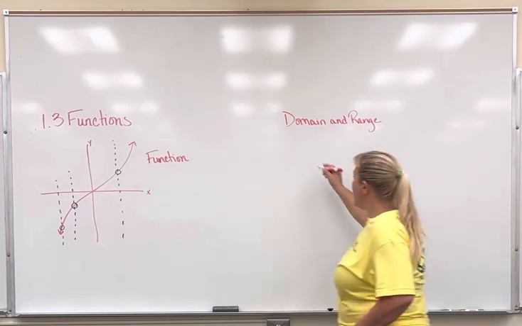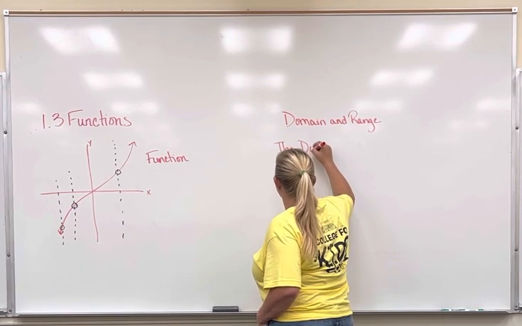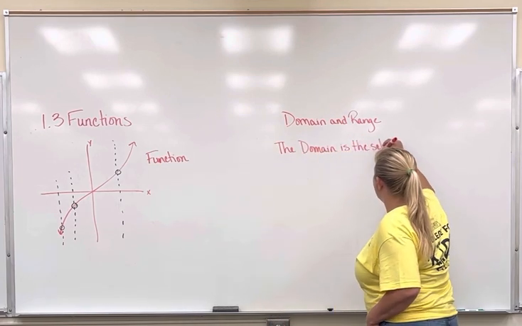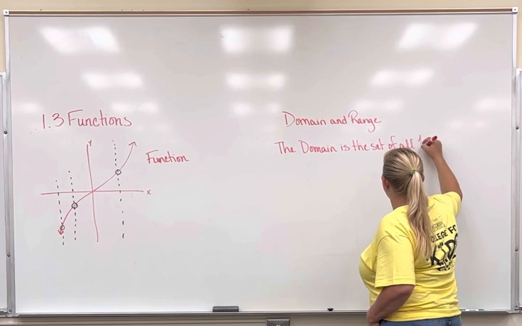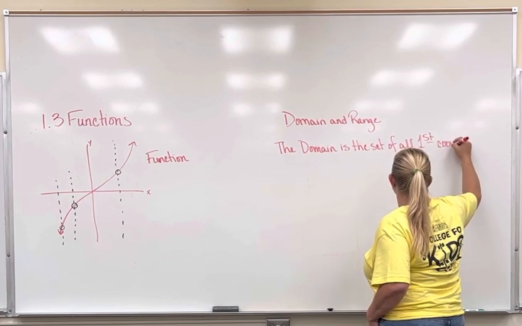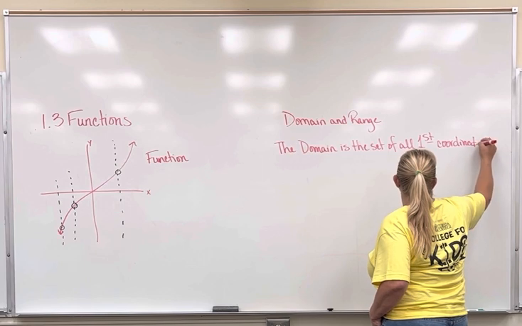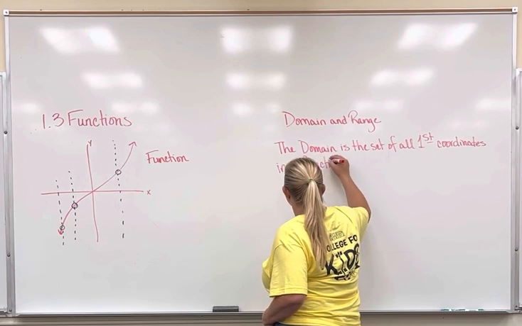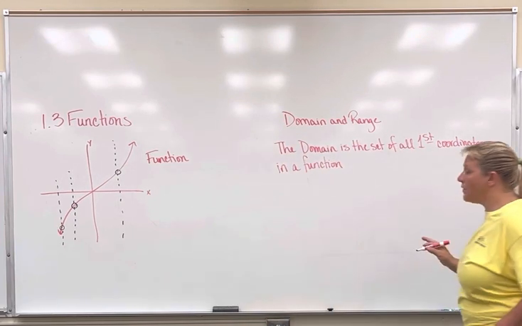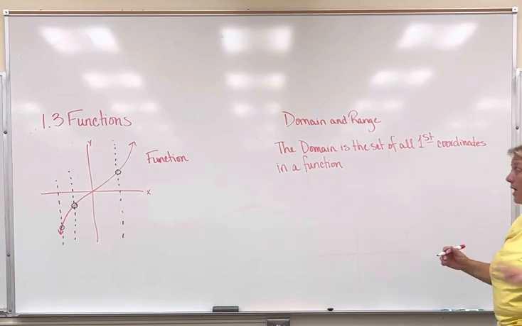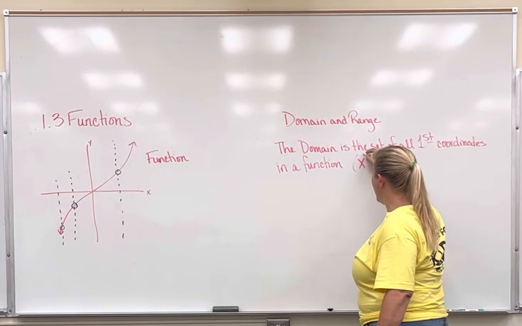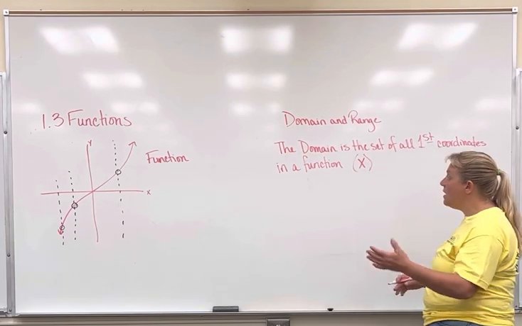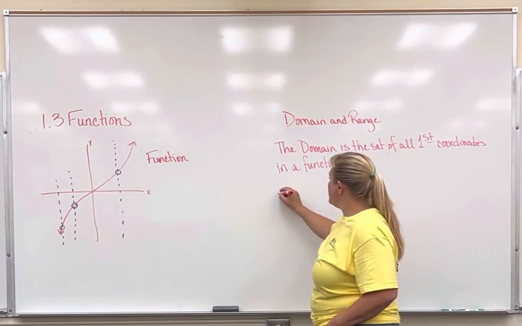Okay, and the domain is the set of all first coordinates in a function. Now, it's written this way as being the set of all first coordinates because it's being very broad, but for us, normally that's the x values, okay? Because our points normally go x, y, right? So the first coordinate is normally the x, so that is our domain, and the range